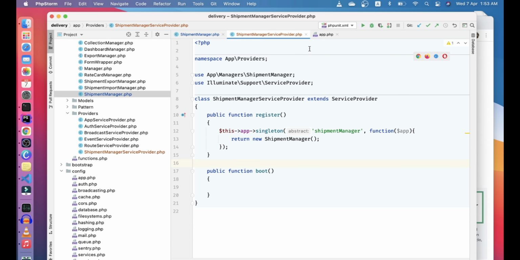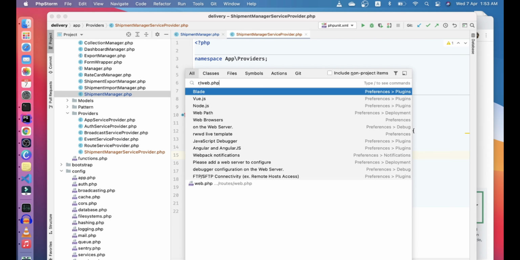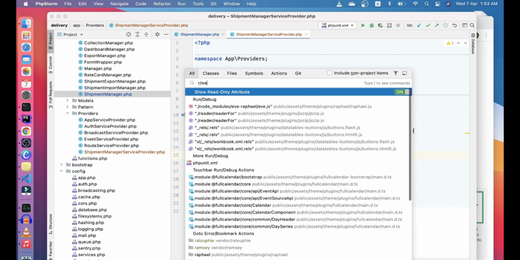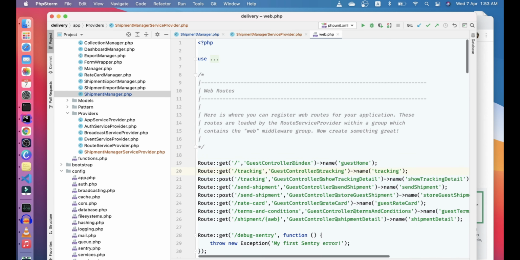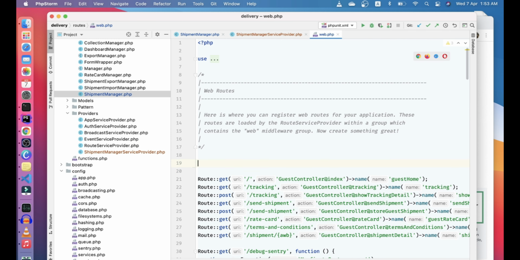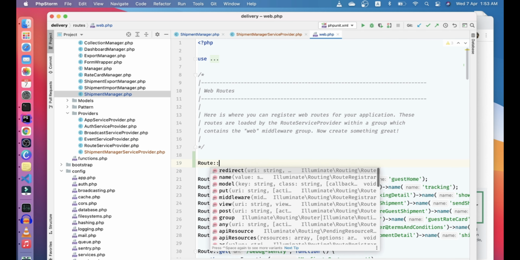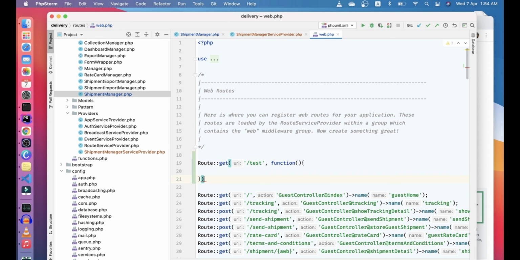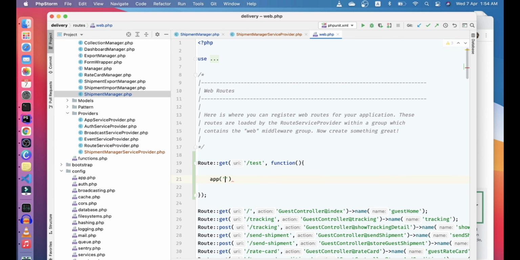Let's go to our test route and see what we get if we do this. Let's add a test route here, and see if we get the instance.